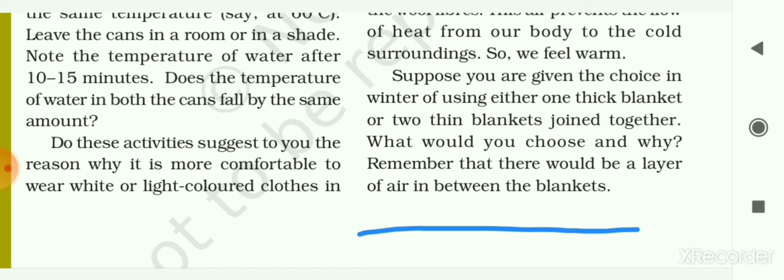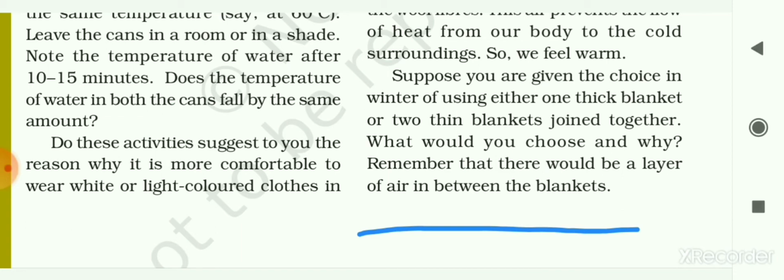So if we were given the choice of one thick blanket or two thin blankets joined together, we should choose the two thin blankets joined together, because air gets trapped in the space between the two thin layers of the blankets.